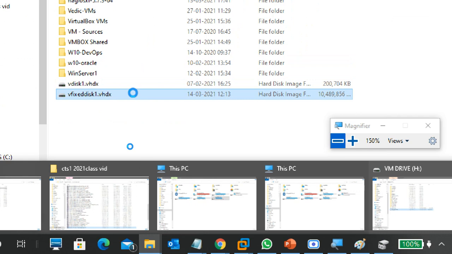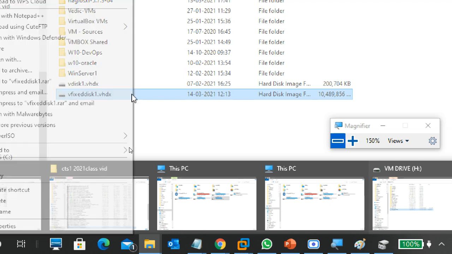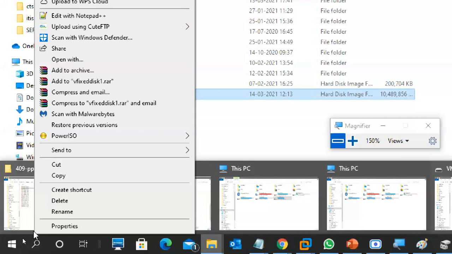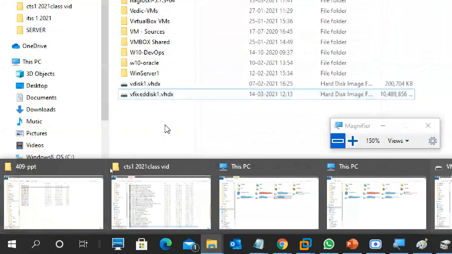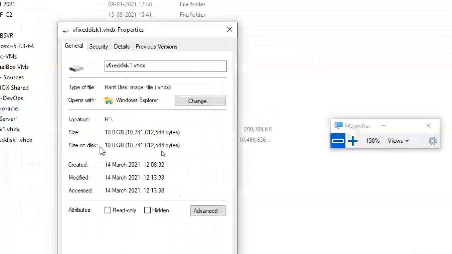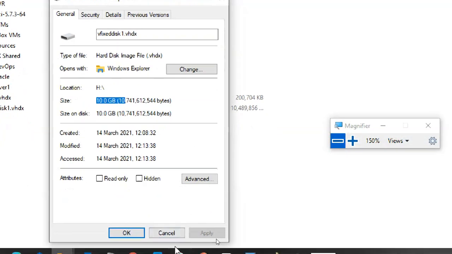Right click, Properties. Can you see? This is a 10 GB size. Size is showing 10 GB.